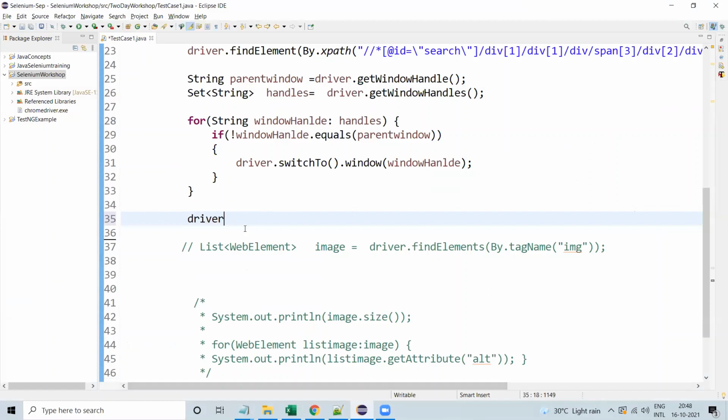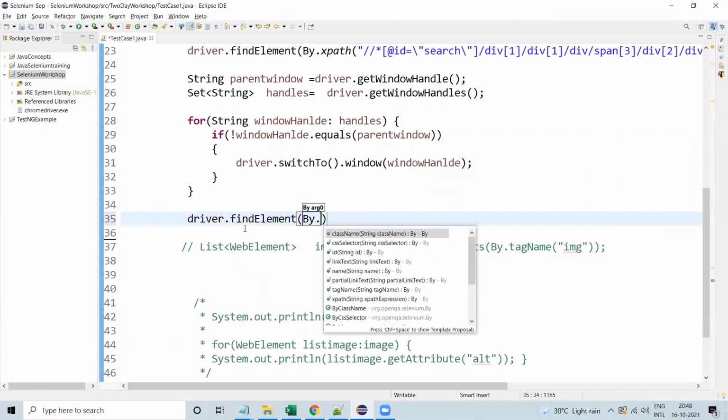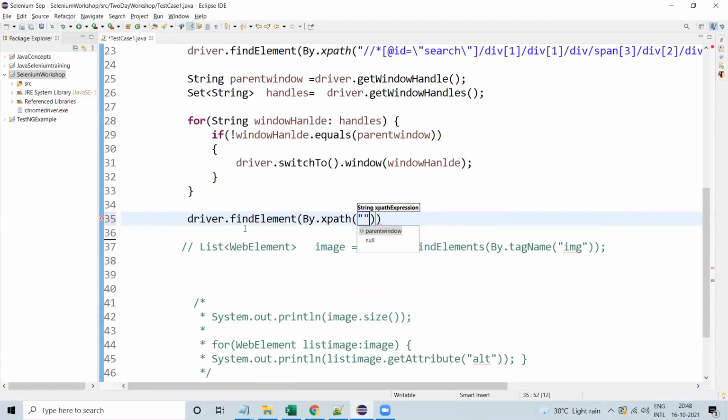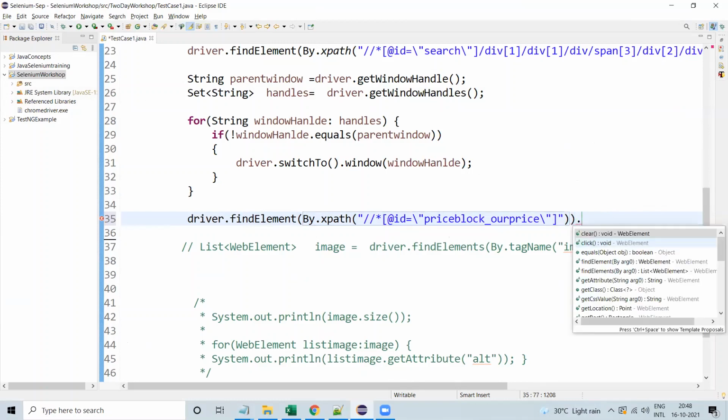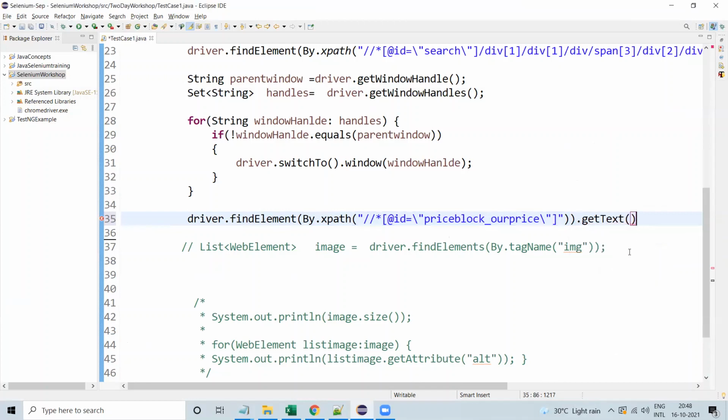Driver.findElement(By.xpath), then we'll paste this XPath over here, dot getText.